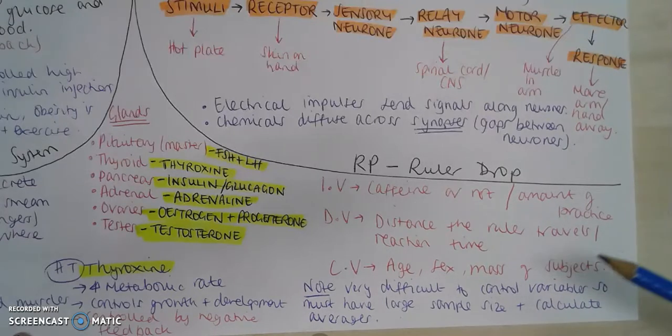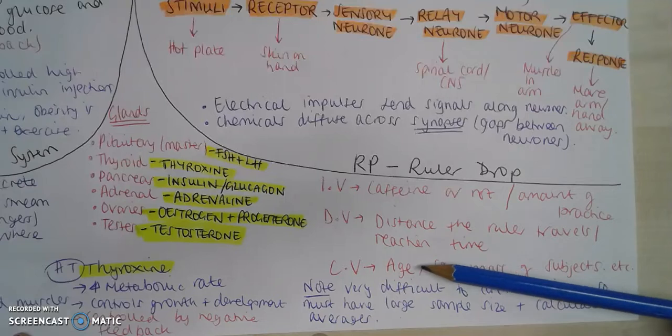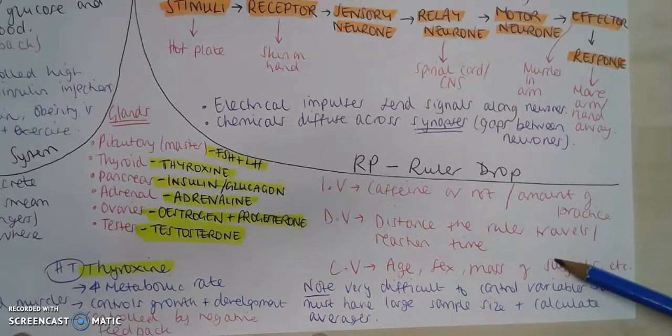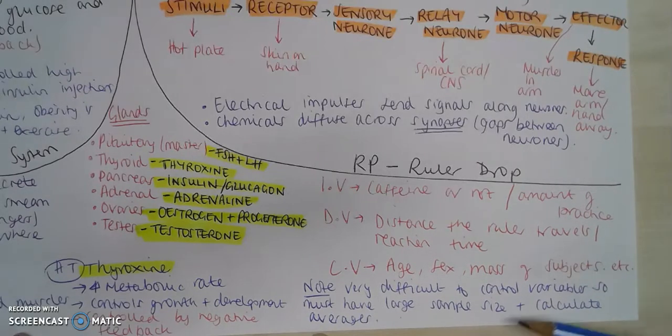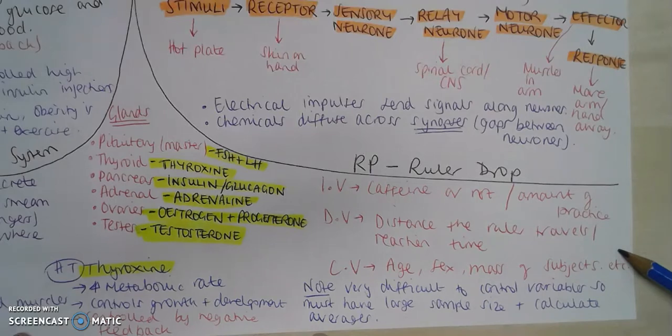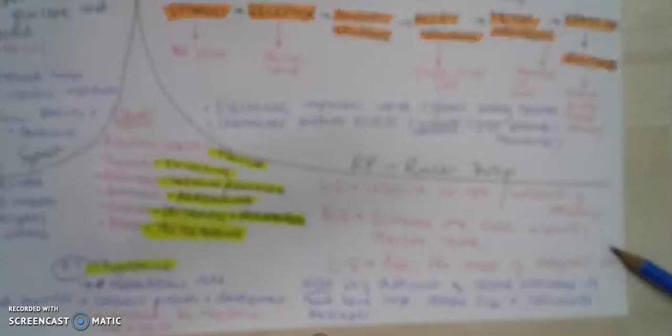Control variables would be things such as the age, the sex, the mass of the subjects that are participating. There are also kind of procedural control variables, which would be things like making sure you use the same ruler, the person that's dropping it doesn't give any clues, you use your non-dominant hand, you make sure that your first finger and your thumb are the same distance apart each time,